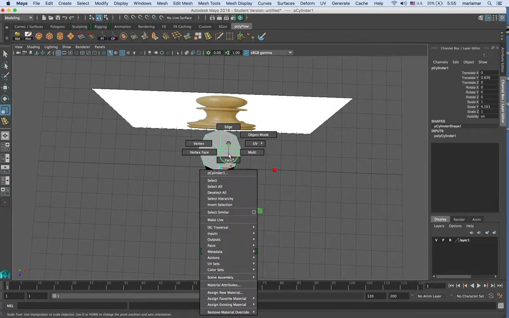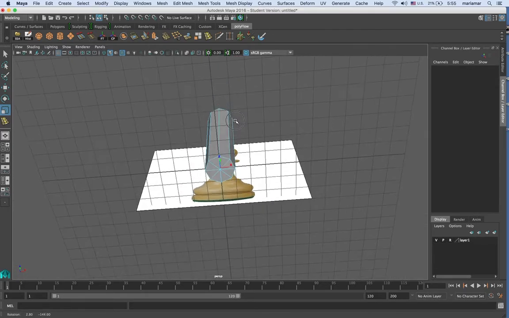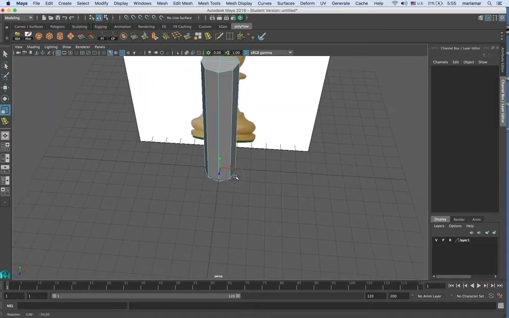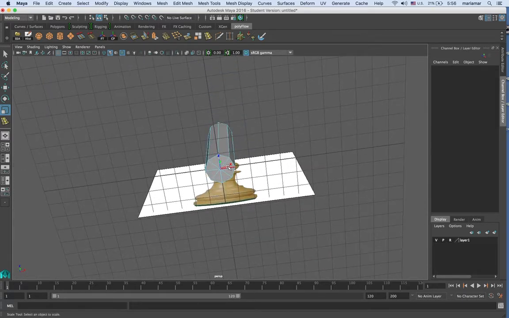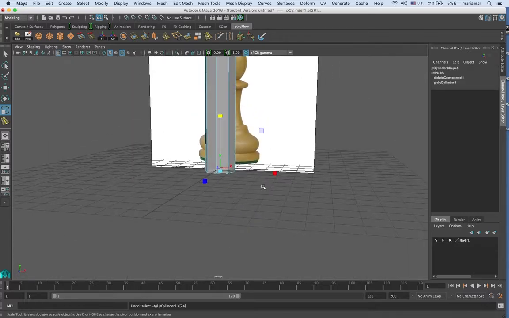So here I'm going to right-click and go into edge mode, and I can select every other edge and just hit delete to make sure that I have quads, and turn this over upside down. Now I have to remember which ones I deleted. I think it was this one, this one, this one, and this one, and I can hit delete here. Now I have quads, and I believe they match. I'm going to undo that for the moment,